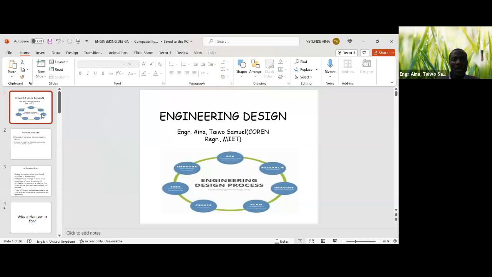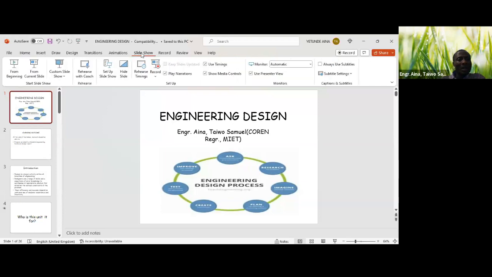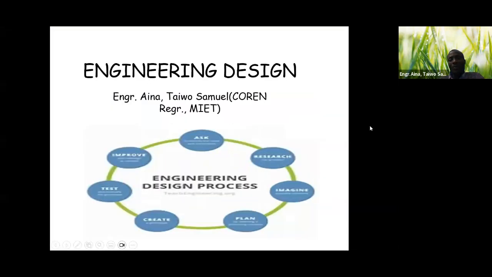Okay, in this second tutorial, we are looking at engineering design, and I want us to know that there are a couple of projects we can do today in electrical and electronics engineering. Research shows that many people have the technical know-how when it comes to implementation of projects, when it comes to coming up with a proposal, but the challenge they have is how to communicate their ideas technically,